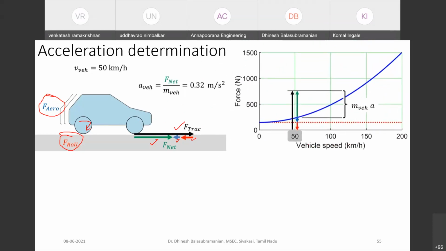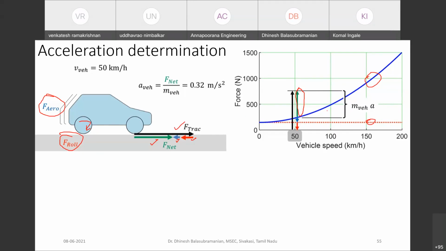When we try to plot all these terms in a single graph, this red one is the rolling resistance and this blue one is the aerodynamic resistance. You need to supply a combination of power opposing these two, that is blue and red. So anything above this blue line would allow your vehicle to propel. And here I have given a force, green in color. I have given this much amount of force, which is obviously higher than these two, and the total tractive